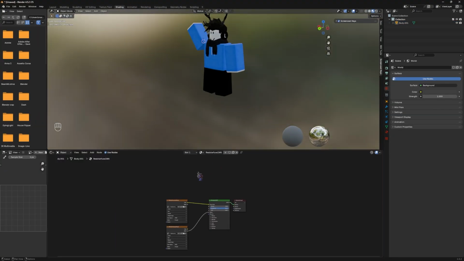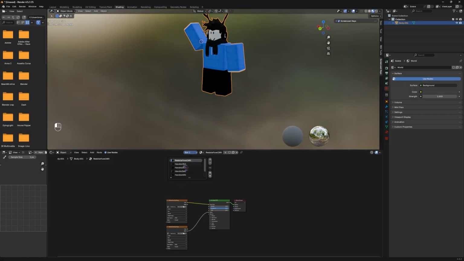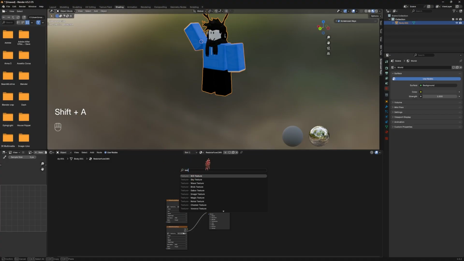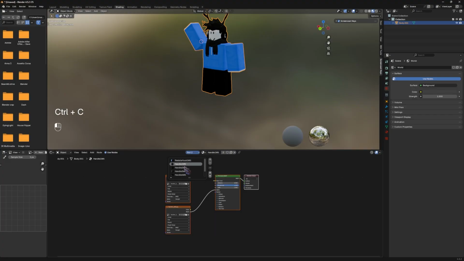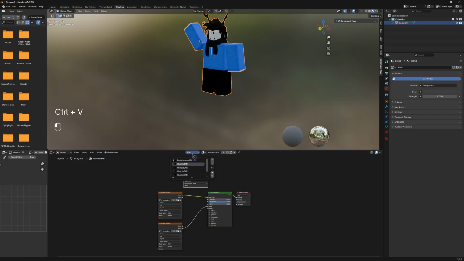Alright, so we want to create new image textures for each slot. Actually, we want to use the same image texture. So what we're gonna do is Shift A while you're in the shading tab. Add an image texture and do new. You want to keep this resolution the same and big too. New image. We're gonna copy and paste it to every single slot over here. So you can do Control C and Control V